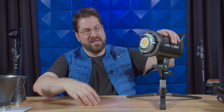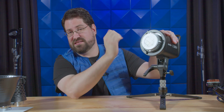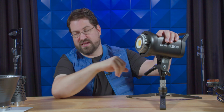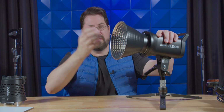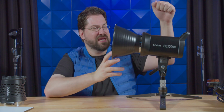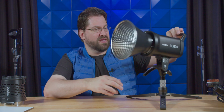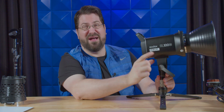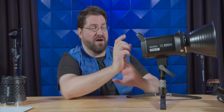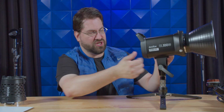So let's talk about the pros, because there are a lot of pros with this light. Now, it does have a piece of plastic on the front to protect it. So if you want to use this outside, no bugs are going to get burned onto your COB. It has a very strong, very solid Bowens mount. It is made of solid metal. It does have some ABS plastic, but it is all very solid. I love this mount. This is the strongest mount of any of its competitors. They really did a great job making sure that this was solid, sans the clickiness of the adjustment here,